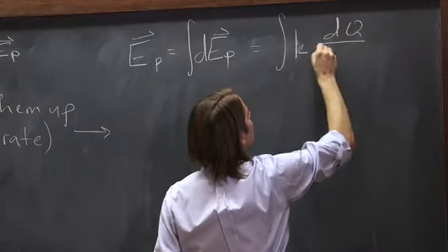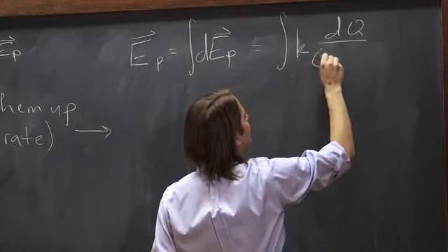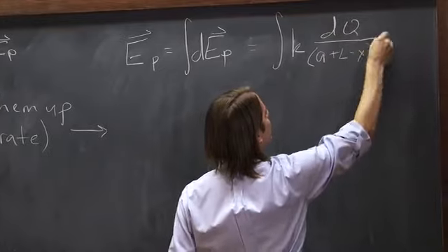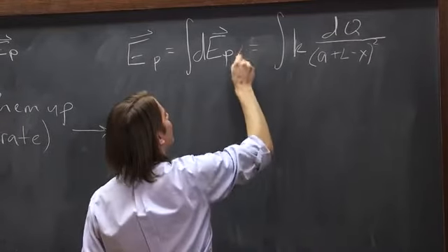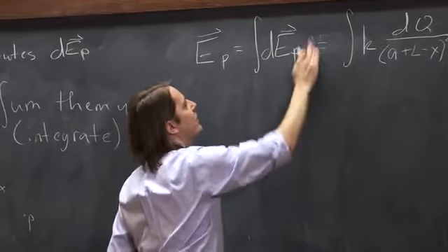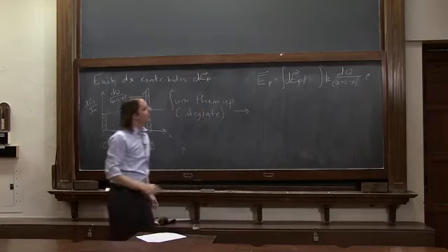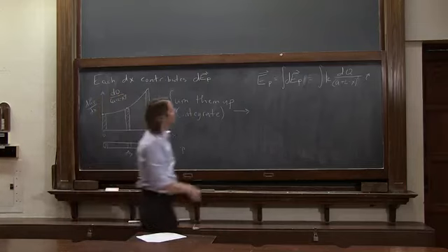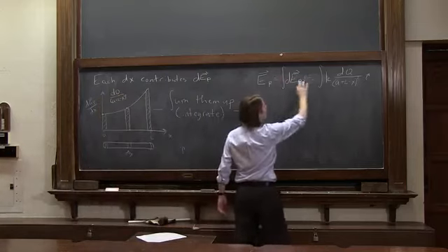It was dq, and on the bottom was a distance a plus L minus x squared. And of course, these are both in the i hat direction. I don't need an i hat there because that's a vector. Okay. So that's our integral that we have to deal with. So adding all these up just gives you E_P. Really, this is what we want to